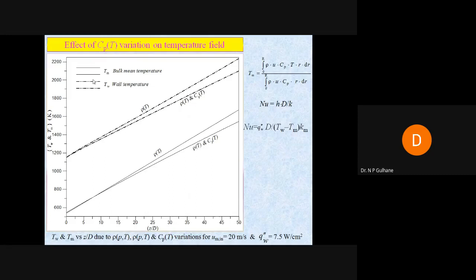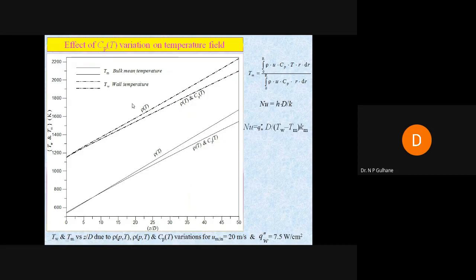Okay, now let us see the effect of Cp. Individually, the Cp effect is carried out. How is this Cp effect carried out? We have studied a combination of rho, Cp and k, and then we studied rho and k. So that effect is subtracted, 3 minus 2, and then the Cp effect is calculated. So we can see this is the variation of rho with respect to T, only rho T, and then rho T and Cp T we have studied.